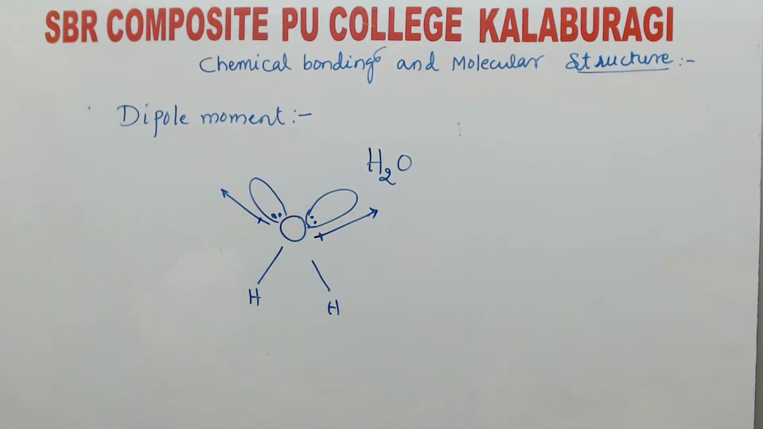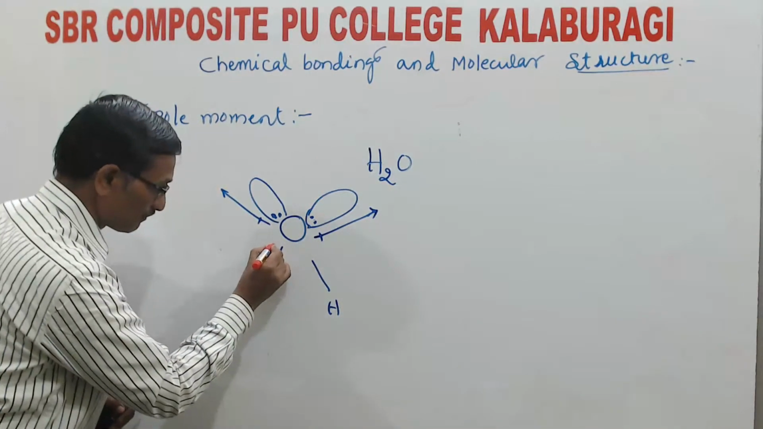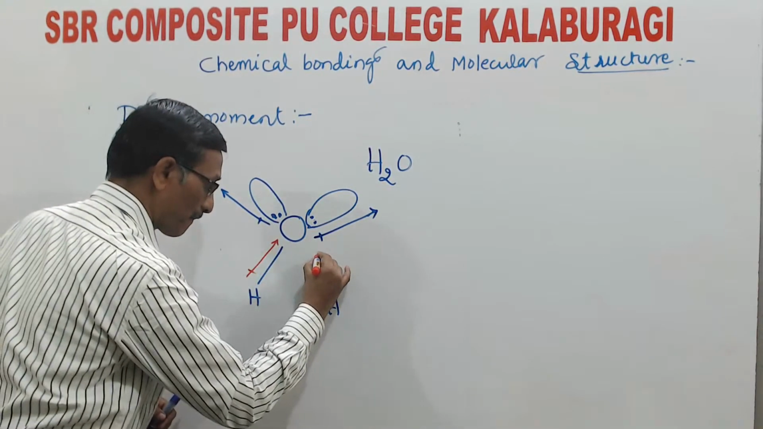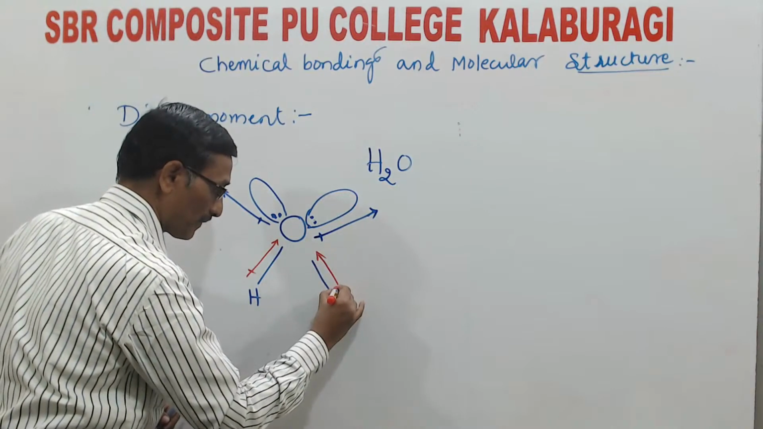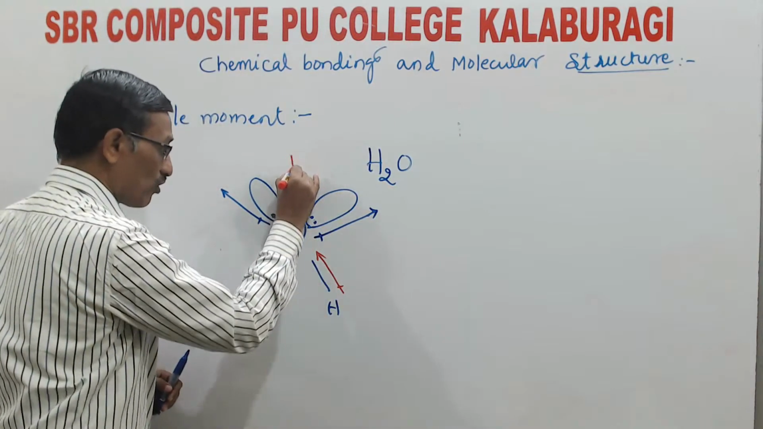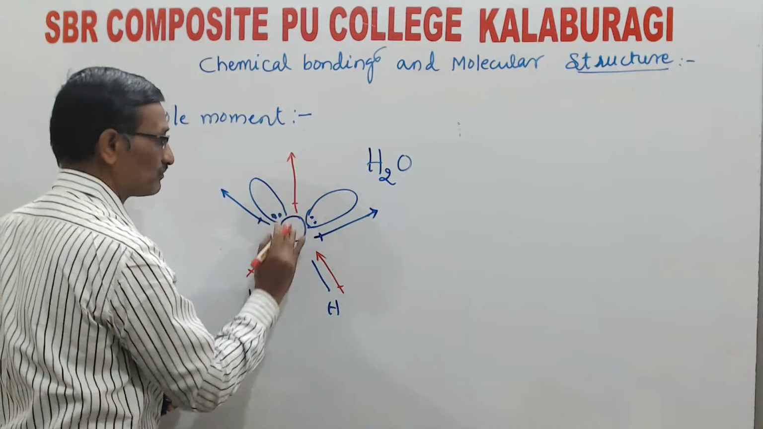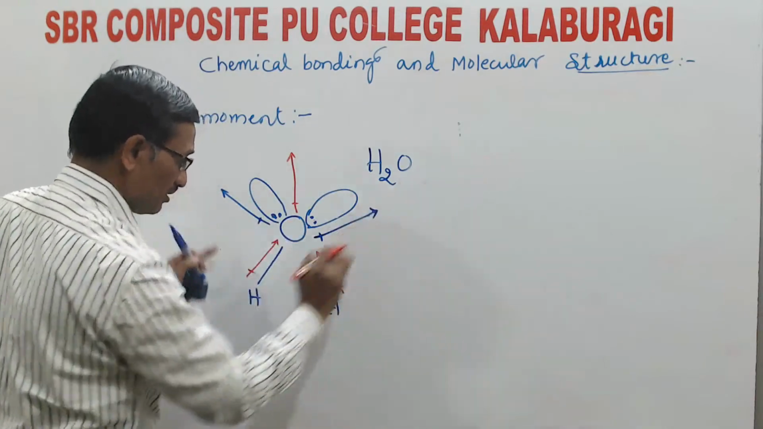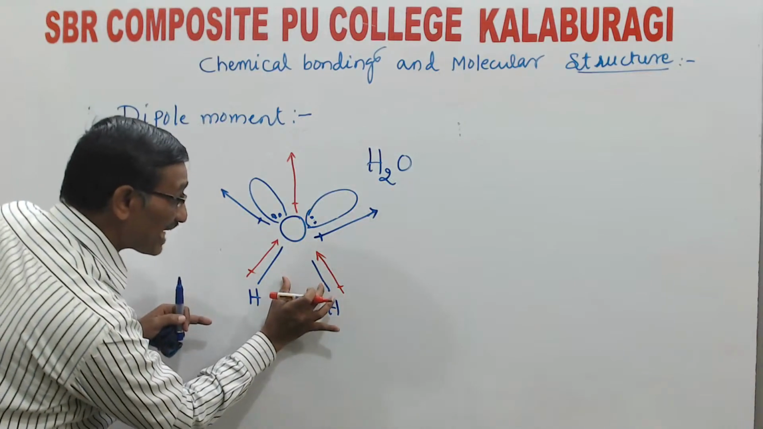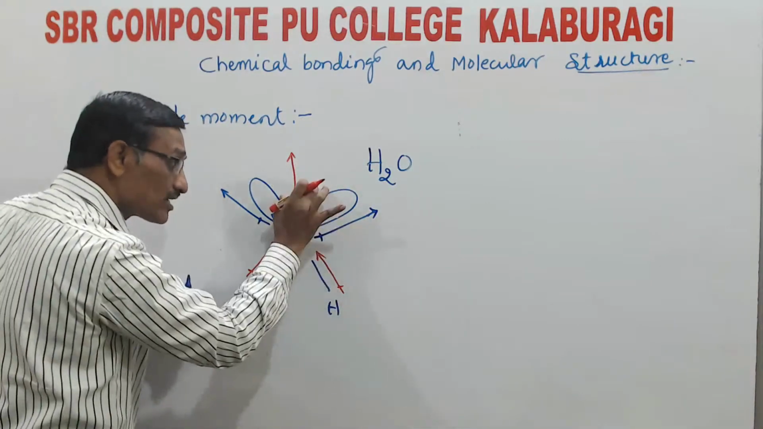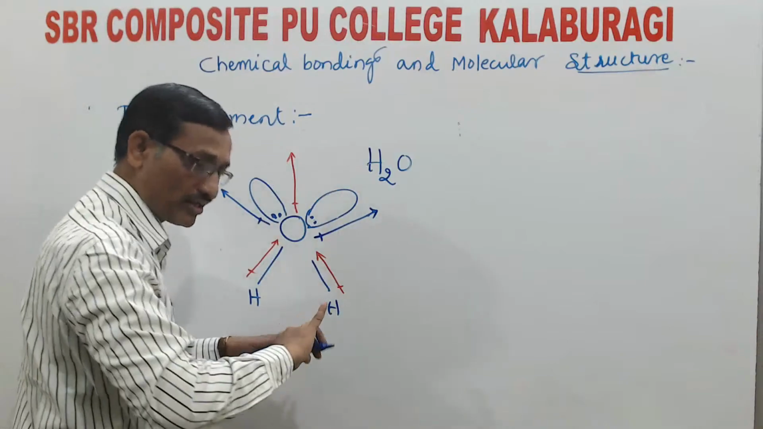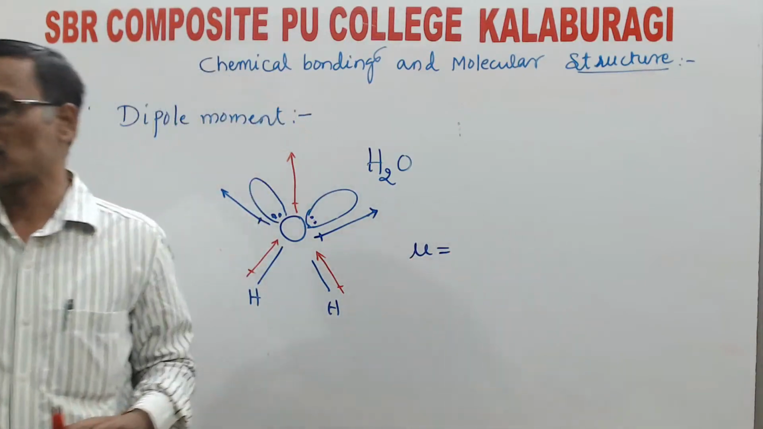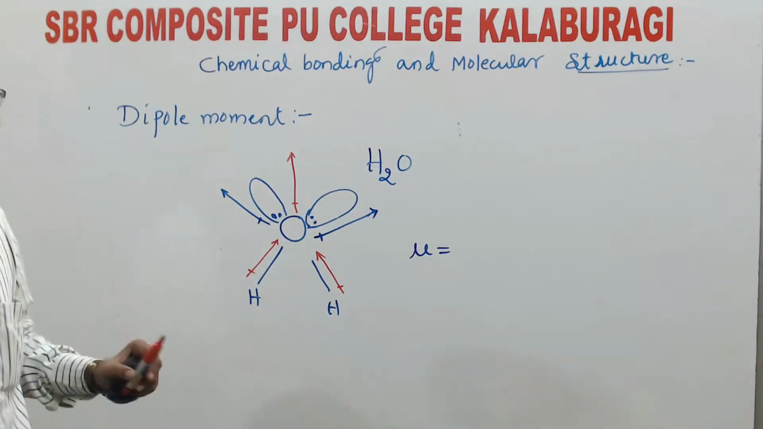Net resultant dipole moment, see the direction, in this way. Both of these get cancelled. These are in the opposite direction. Now, the net resultant dipole moment gets added. Because of that reason, your water molecule has a dipole moment value, student. How much do you know the dipole moment value is? That is equal to